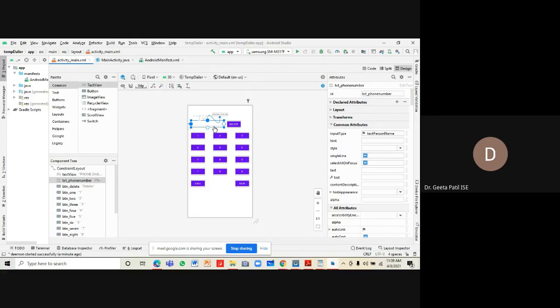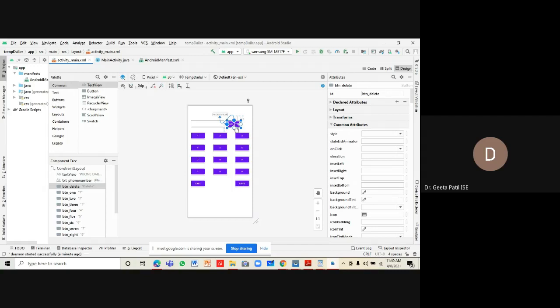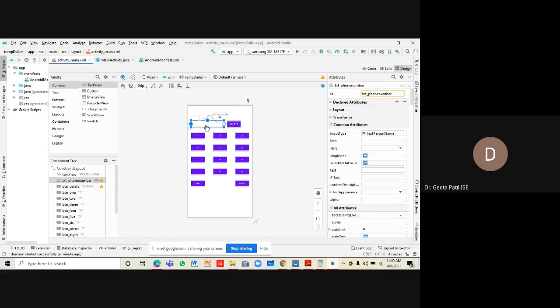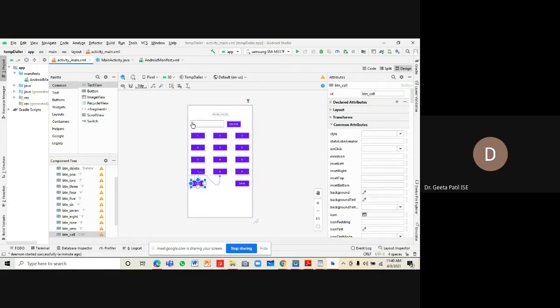That is what we are supposed to do. And when we press delete, the least significant character should be deleted. Let's say the text has the number 1, 2, 3, 4, 5. When we say delete, 5 should be deleted from it. And when you call the number, we should be calling the number placed in this text field, and with the save option, the number should be saved in your phone directory.